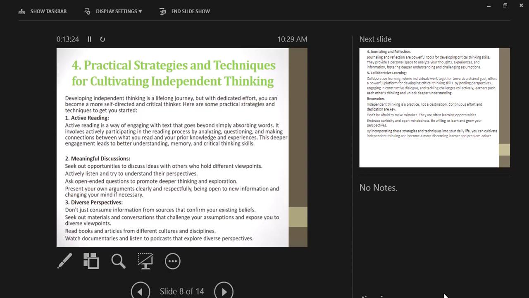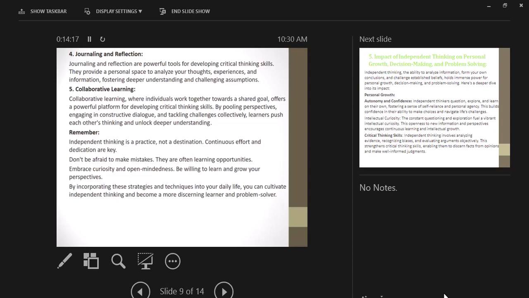And the second one is meaningful discussion. Seeking out opportunities to discuss ideas with others who hold different viewpoints will help us to broaden our perspective, to see others' perspectives, and help us to challenge our own perspective. And the third one is diverse perspectives. Rather than just consuming information about what we already know, it's better to widen our perspective to know different things. You can widen your perspective by reading books, articles, listening to podcasts, watching YouTube and different